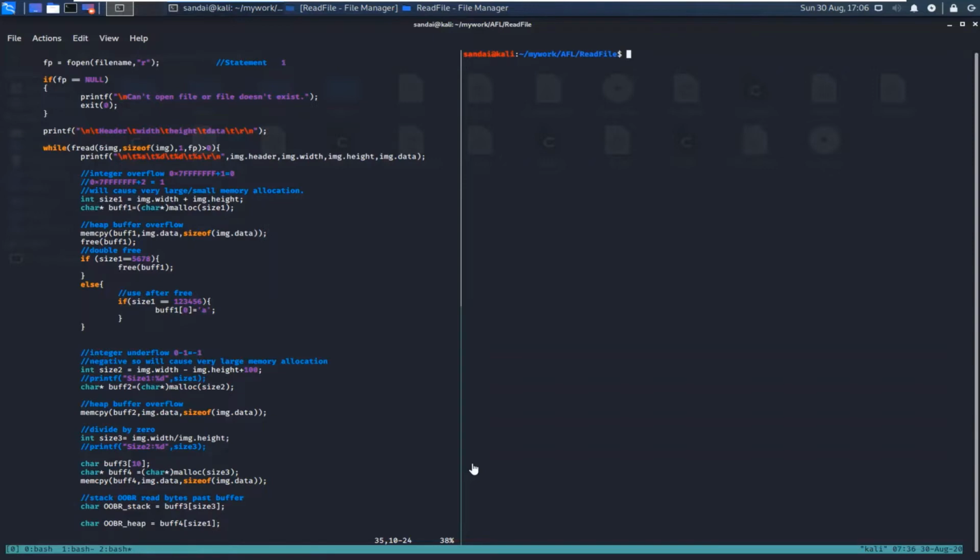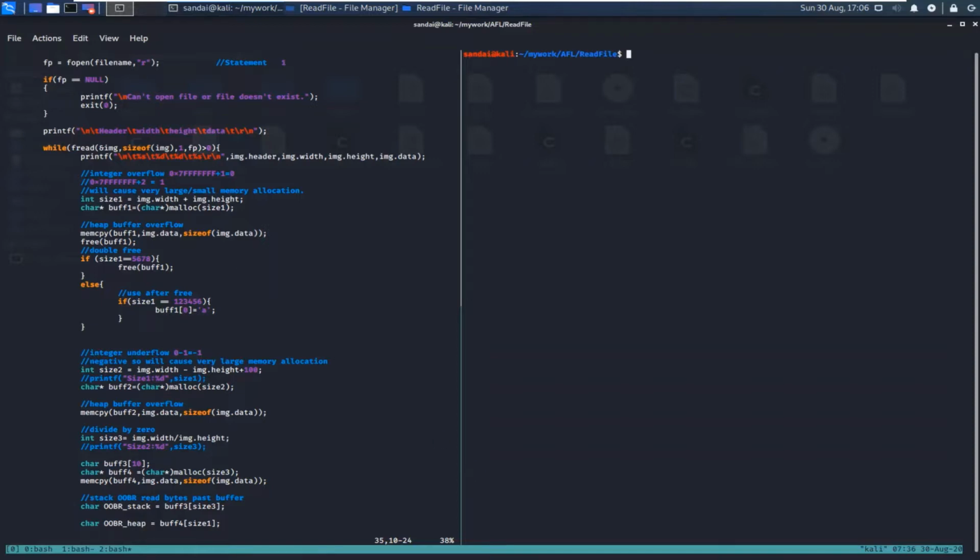So in this video, I'm going to show you how do we use Crashwalk, how do we install that, and what are the binaries it comes with, and how do we triage crashes using that. And then in the second part of this video, we will see how do we use GDB to analyze some simple crashes. So let's start.